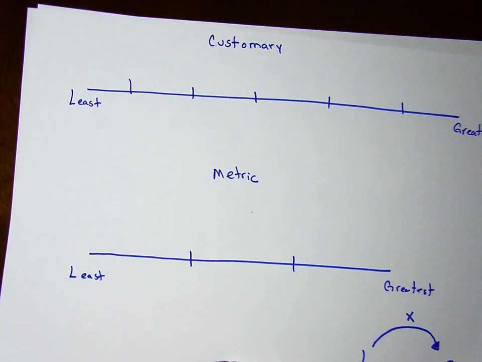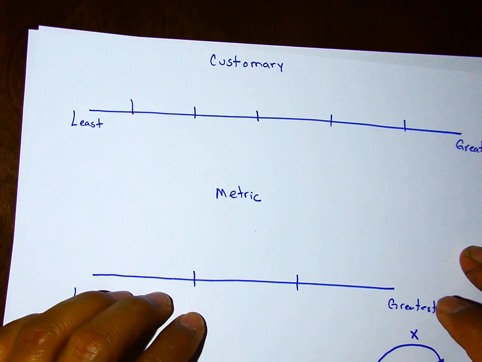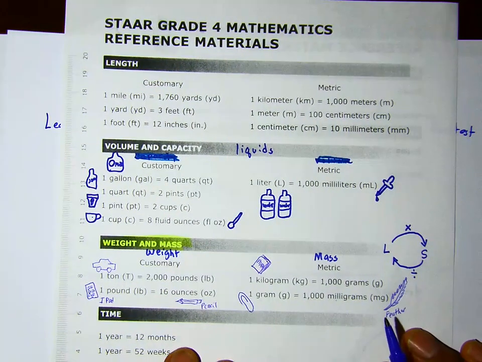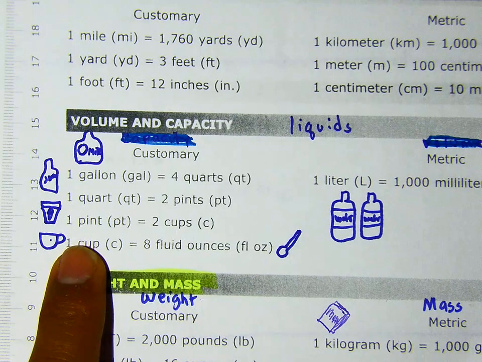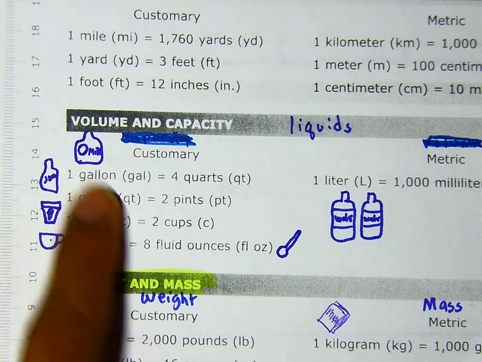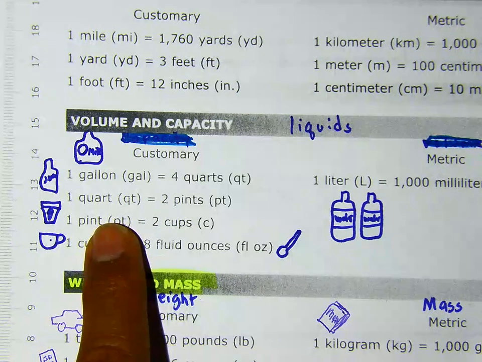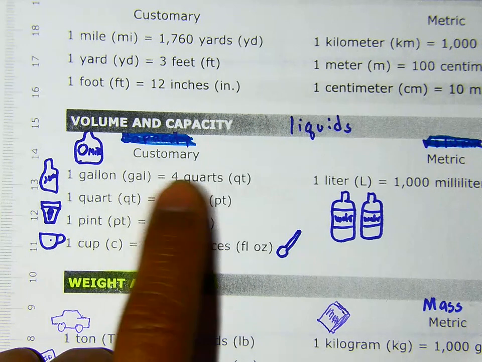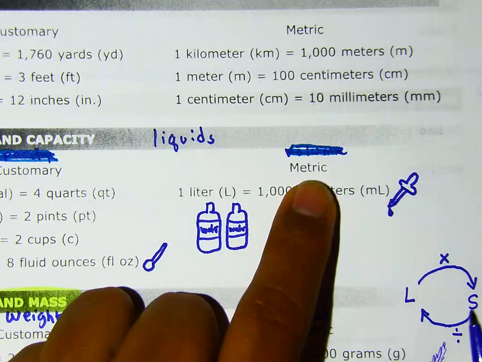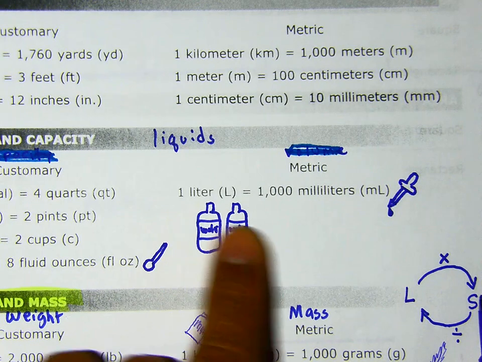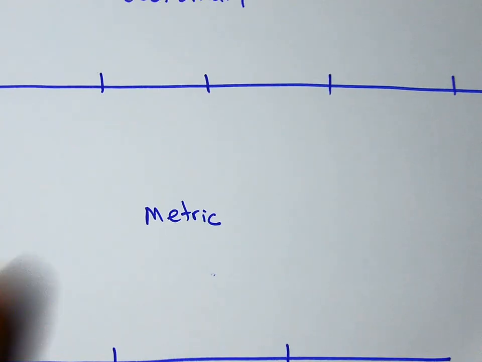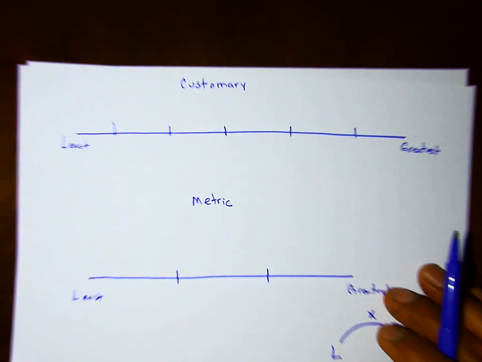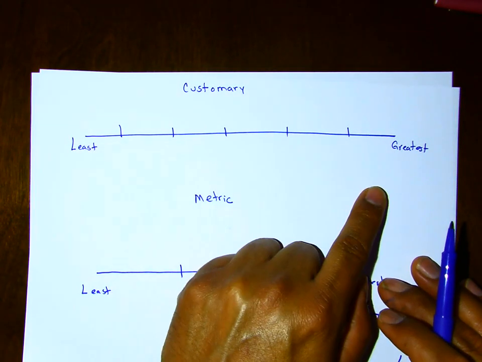So the units of measure that we'll be working on today will be customary, volume and capacity, and metric. If we look at our STAR reference chart, this would be our units of measure. We have ounces, cups, pints, quarts, and gallons. 8 ounces equals 1 cup, 2 cups equals 1 pint, 2 pints equals 1 quart, 4 quarts equals 1 gallon. And for the metric, we have milliliters and liters. 1,000 milliliters equals 1 liter. So if we look at the customary units of measure and order them from least to greatest,